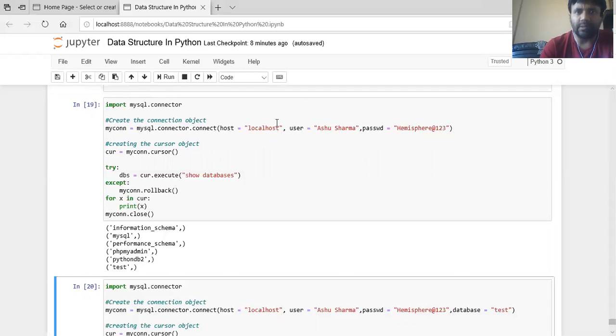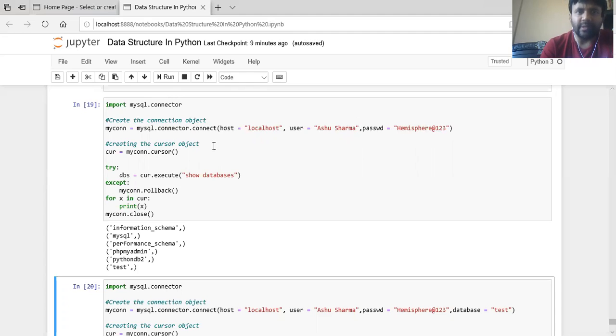As you all know, when we open PHP MyAdmin, I'm using the XAMPP server here. You simply have to go in home and create a user account. Here I have created a user account with username Ashu Sharma, host localhost, and this given password. You just have to do that and assign all the global privileges to that user.